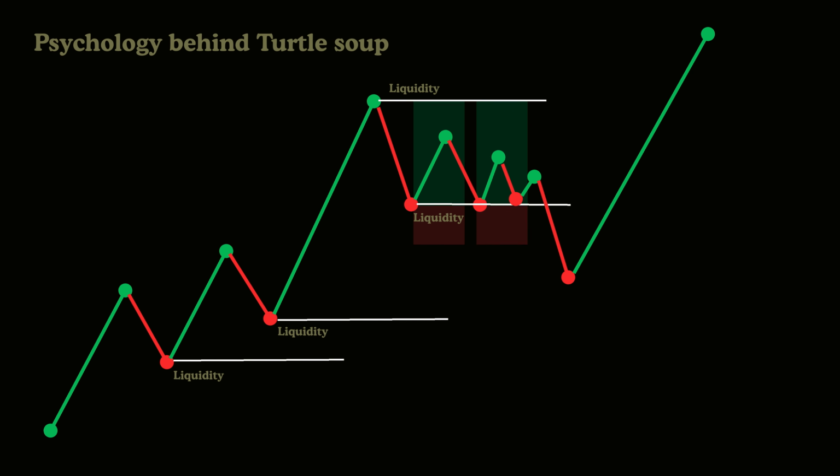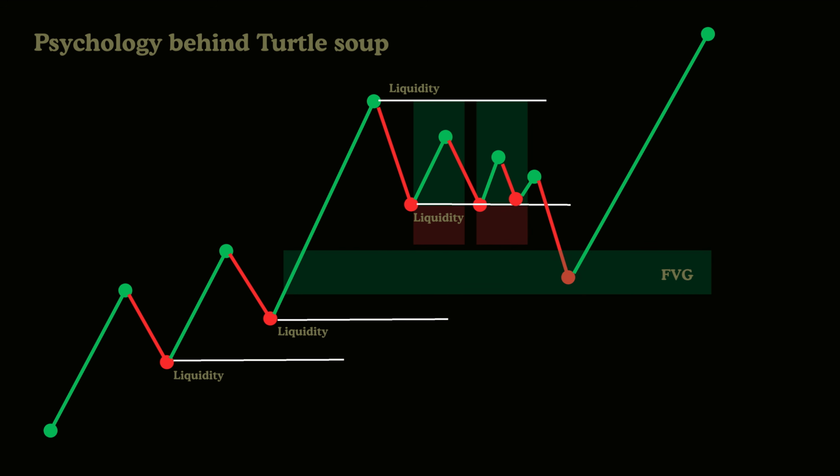Things get even more compelling when a fair value gap is positioned just below one of these liquidity pools. That's where a high probability opportunity is often found. Because liquidity tends to form beneath support, there's a good chance price will breach that support, sweep the liquidity, and then reject off the fair value gap with strong upside momentum. After this bounce, price usually gains traction, pushing higher and continuing the trend. This method offers a sharp way to trade with the trend while using liquidity grabs and fair value gaps to